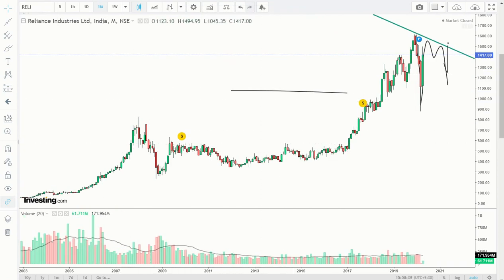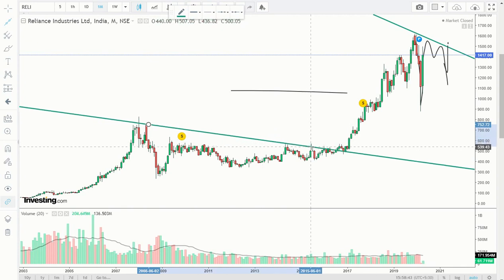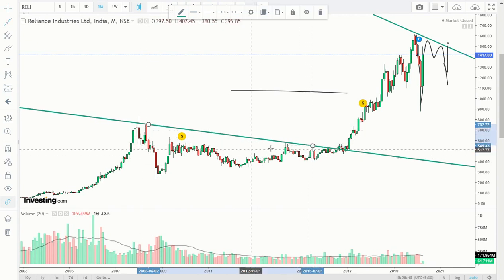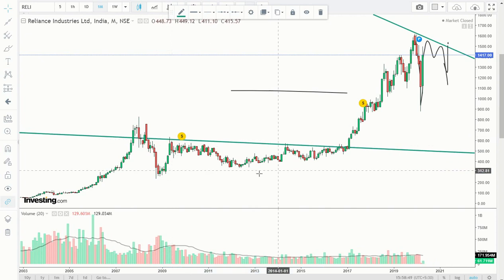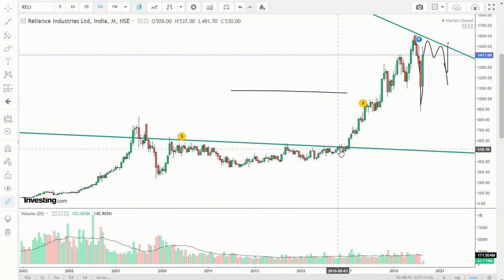The chart that I showed you is from 2007. You just draw a trend line here. You join this point, or even this point, to this point. This is 2009 till 2016, a good 10 years. After that, the breakout came and the prices zoomed. Prices went from 500 to 1500. That is 200% profit. That is the kind of investing you do. It's not like I will just buy here or there.